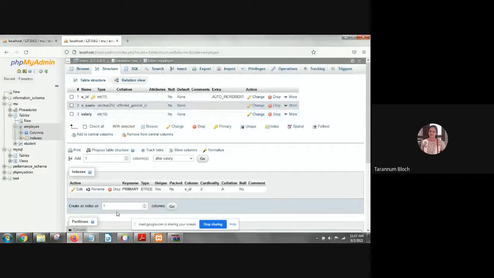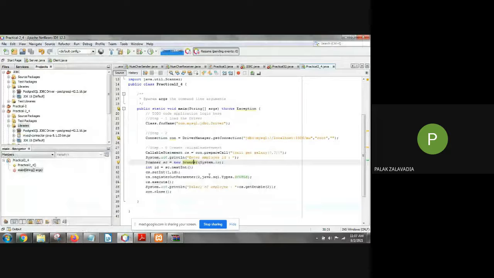Go to your code, in NetBeans. See line number 33. Instead of double, you write integer. And instead of getDouble on line 35, you write getInt. It should be the same as your data type. That's it. Clean and build.